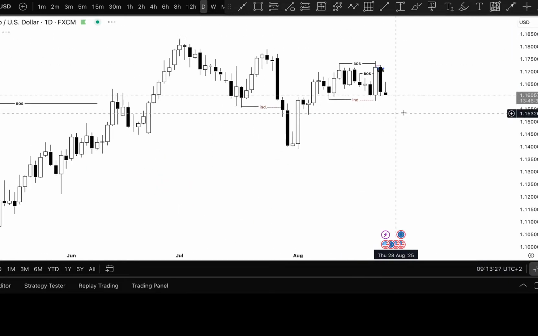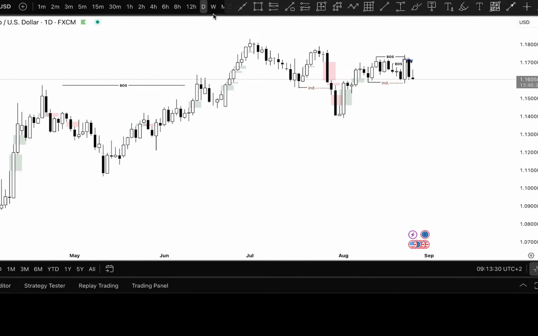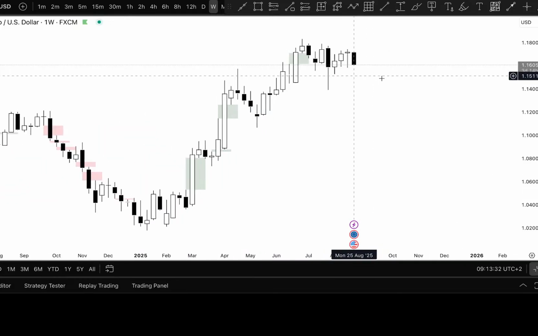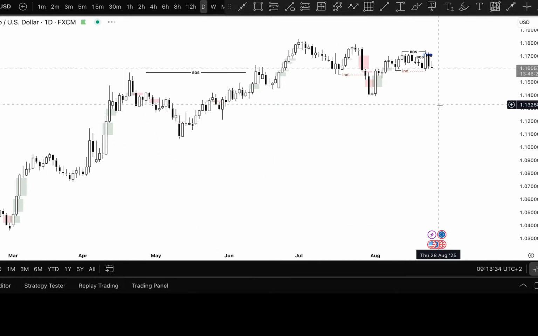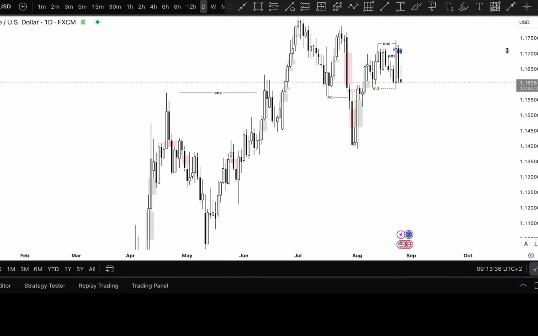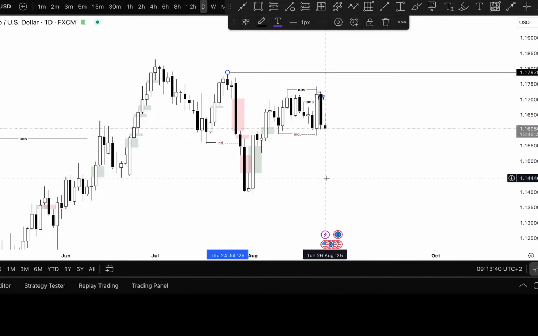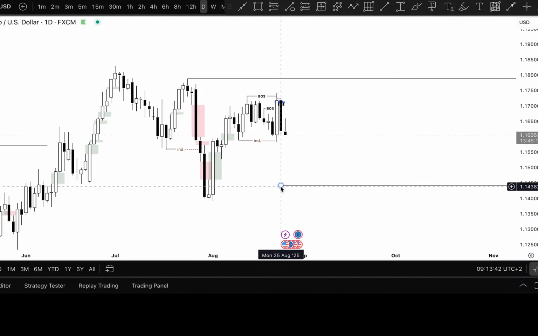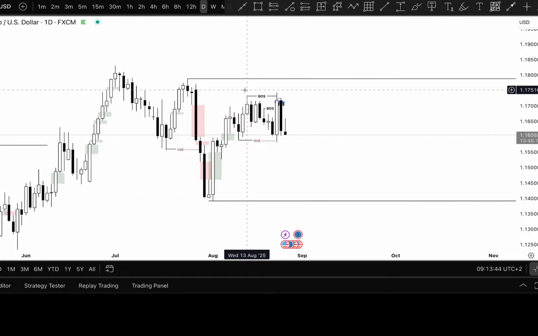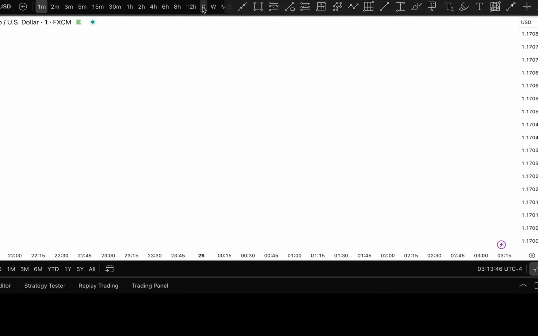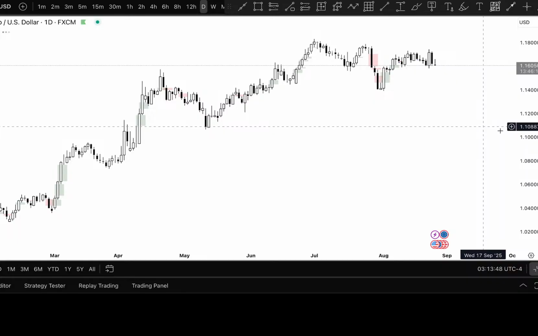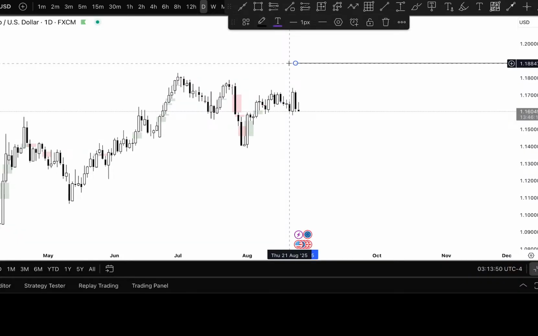So let's see. So weekly it is bullish, but daily we can see that it has created a downward movement. This was the main external zones. It went up and it came down strongly. On a higher time frame, we could go and look at this. I think this is the same. Yeah, so externally these are the 2 zones,